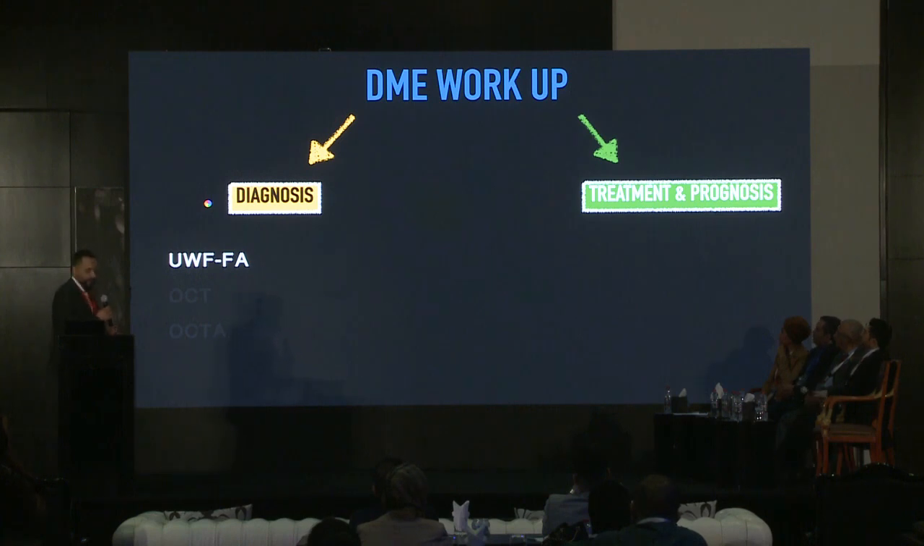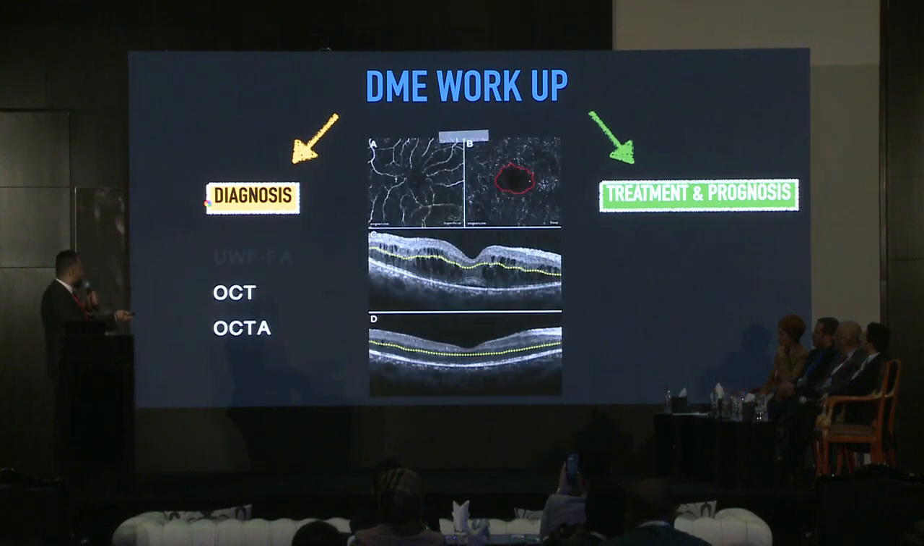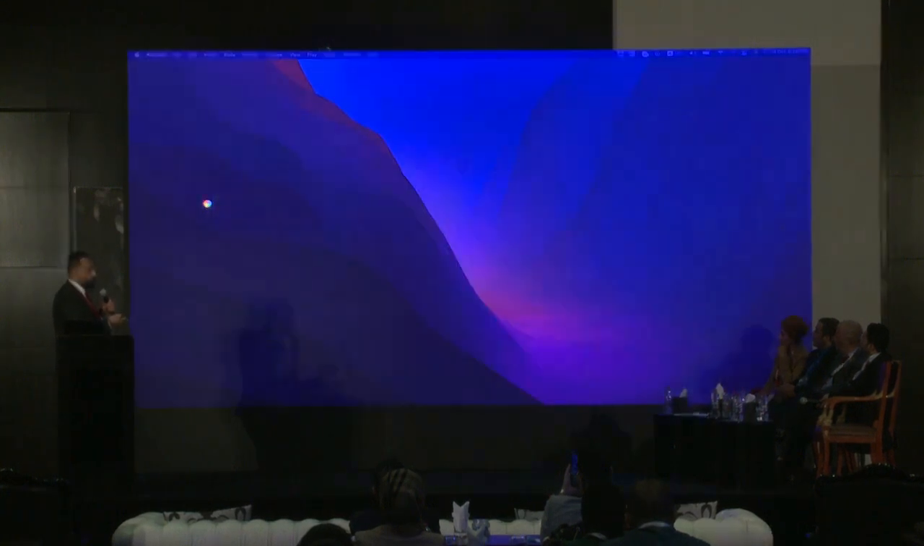Workup. For workup of diabetic macular edema, we use it for diagnosis, treatment, and prognosis. For diagnosis, we have the ultra-wide field fluorescein angiography, and we have to do the ultra-wide field in order not to miss any abnormalities in the far periphery of the retina. And of course, we have the OCT and the OCT angiography, which is very important in delineating the fluids and the subretinal fluids, and also assessing the enlargement of the foveal avascular zone. For the treatment and the prognosis, we have